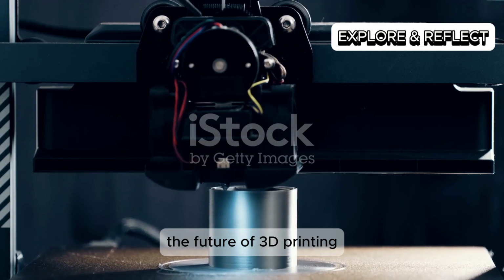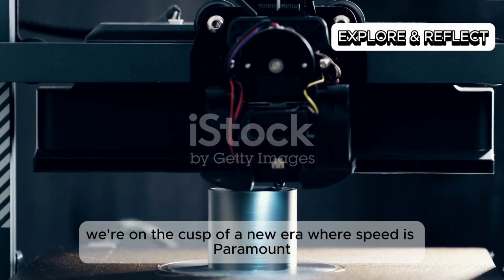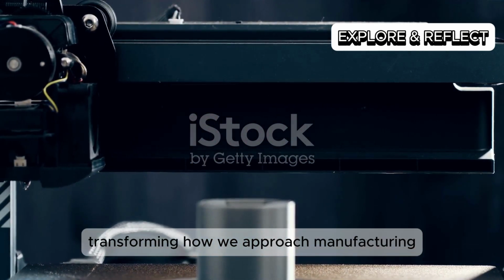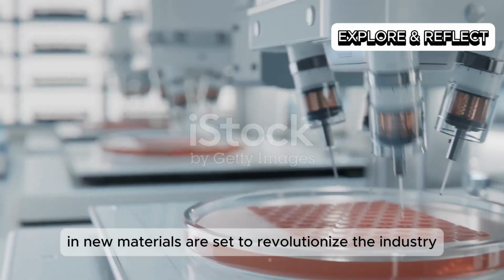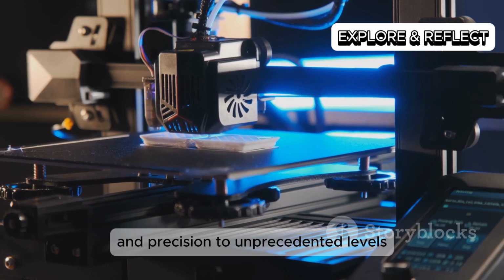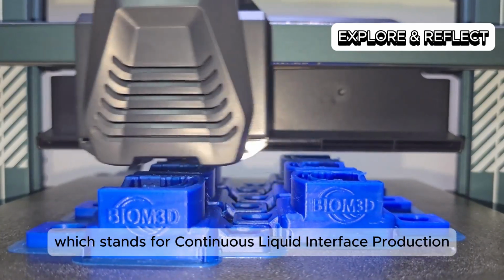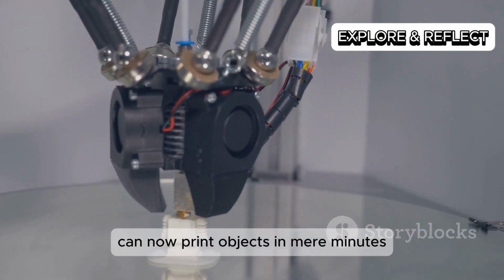The future of 3D printing is poised for remarkable advancements. We're on the cusp of a new era where speed is paramount, transforming how we approach manufacturing and production processes. Innovations in new materials are set to revolutionize the industry, and smarter machines will drive efficiency and precision to unprecedented levels. Next-gen printers like CLIP, which stands for Continuous Liquid Interface Production, can now print objects in mere minutes, a